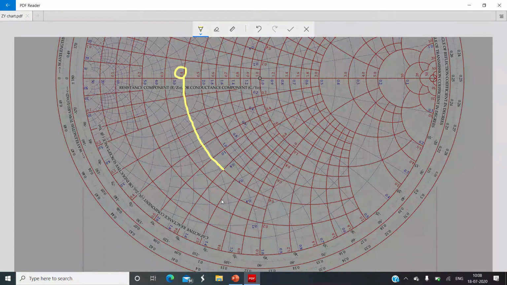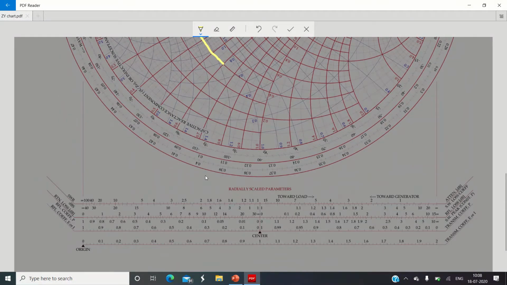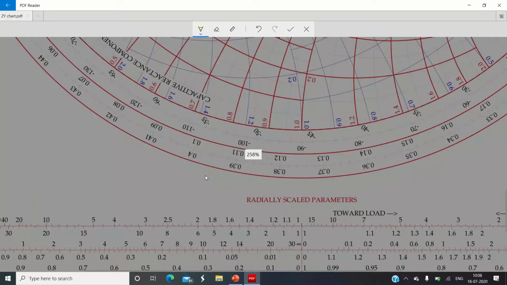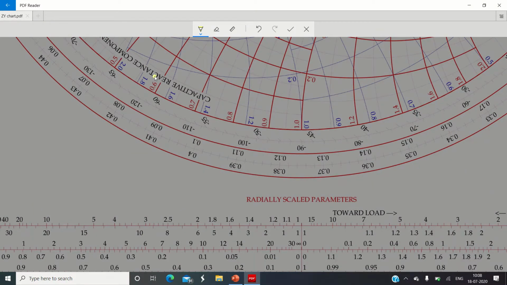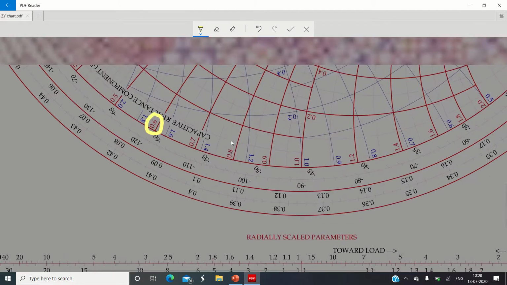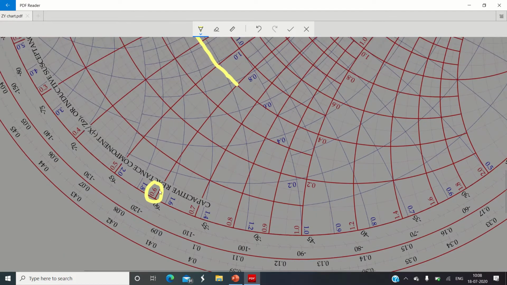Say, and then what is the imaginary part? The imaginary part is minus 0.6. Okay, so if you visualize here, I am zooming in into the graph. Here you can visualize the imaginary part 0.6, right? So you need to trace this graph. So I will start tracing it.